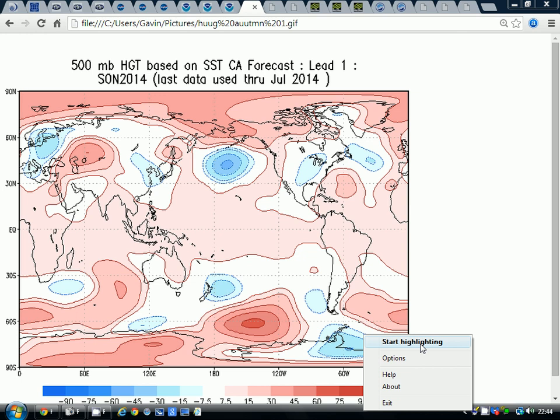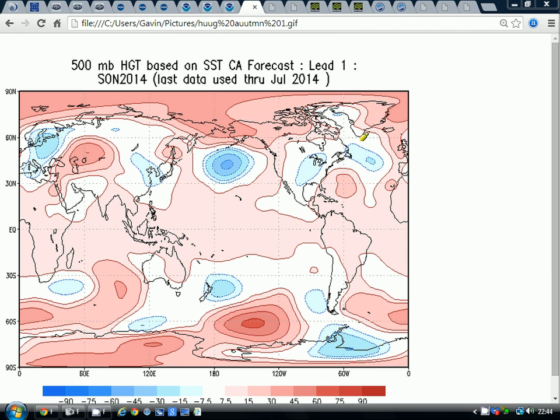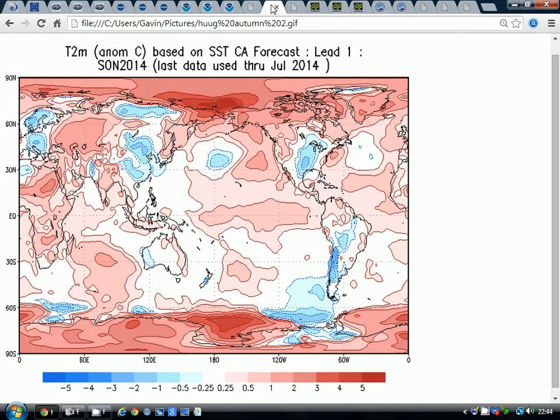So what he's showing for the 500 millibar height anomaly prediction based on his analogues is that we're going to have high pressure around the country. This is the first time really that we've seen above average heights suggested around the country. We've got a trough sitting out to the east around Scandinavia, eastern parts of Europe. That is not as unsettled as we've seen so far on most of these charts.